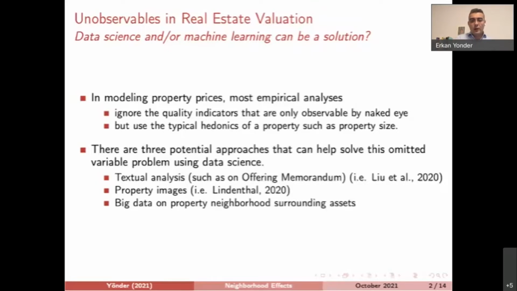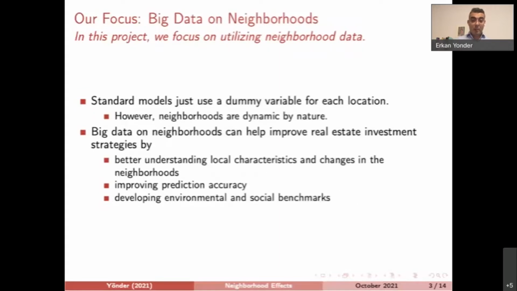So what I do in this project is that we say, okay, neighborhoods are dynamic, but these are ignored. There's a very big data set out there. Real estate is slower than the typical main financial markets, but there's a very big data set based on the neighborhoods, and we can benefit from these neighborhood data sets. What do I mean here? Standard econometric or statistical models, using many transactions, pooling them and trying to model real estate prices, just use a 1-0 indicator.